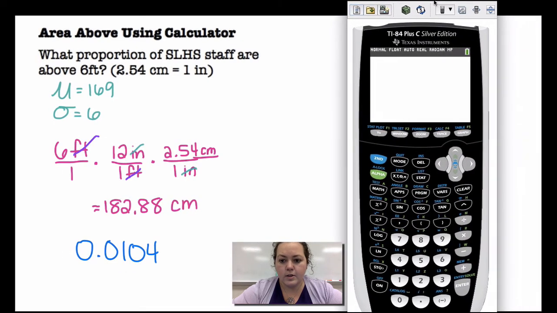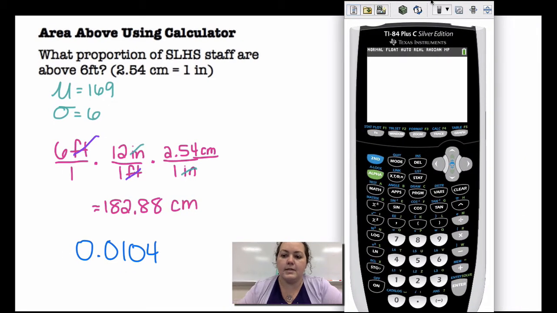All right, so we're just going to take a look at what this looks like when you do it in your calculator. What you're going to do is go to second VARS, which is your distributions menu. You're going to go to normal CDF. Your lower bound, we're going above. We want to find the staff that are above 6 foot. So my lowest value is going to be 6 foot, which we said was